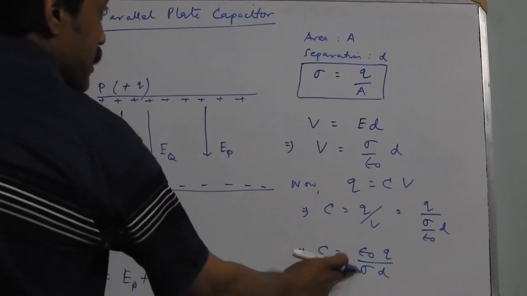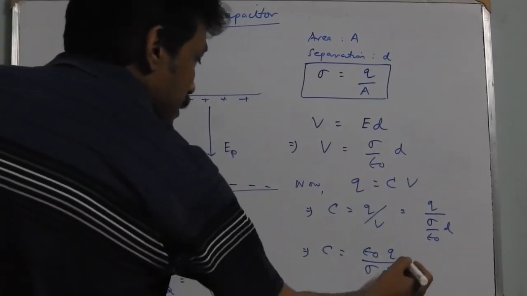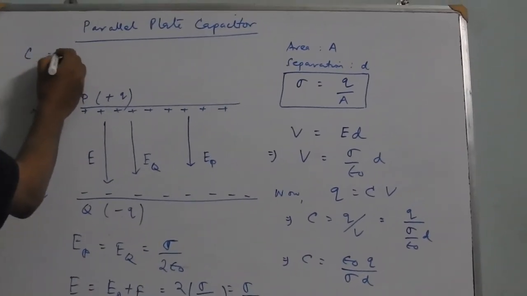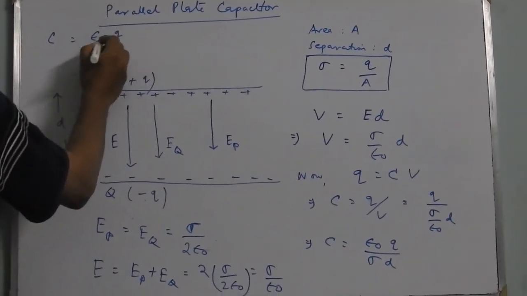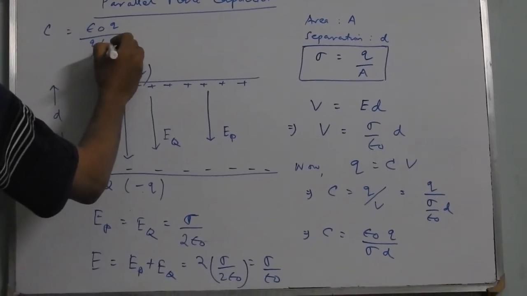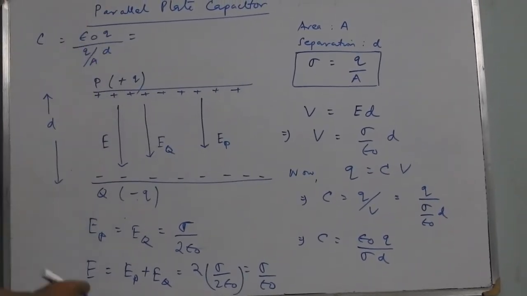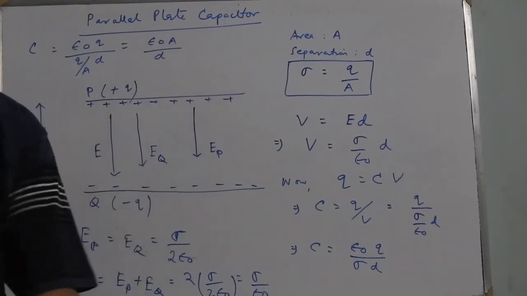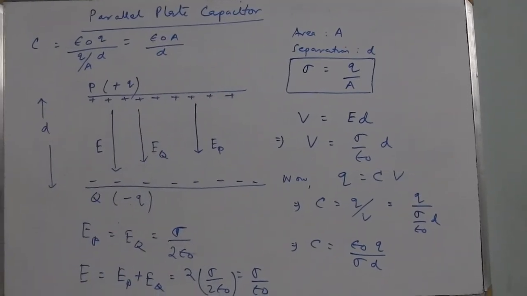But you see that sigma is Q by A. So epsilon 0 Q divided by Q by A into d. And this Q cancels out, so this becomes epsilon 0 A by d. So therefore, we can say that